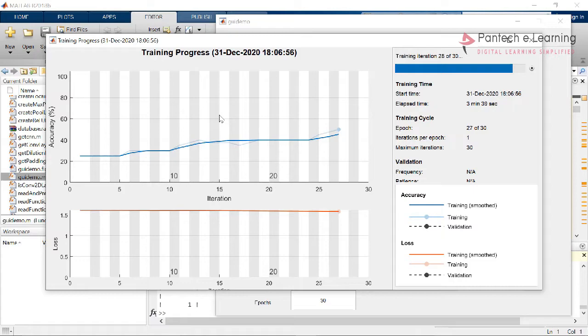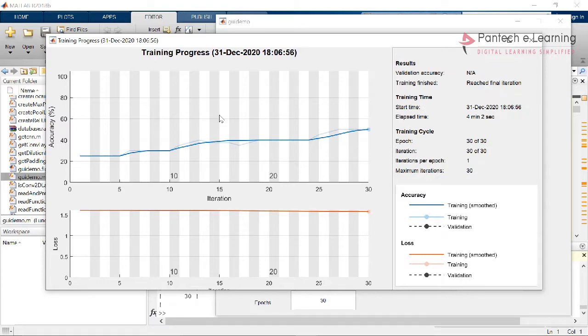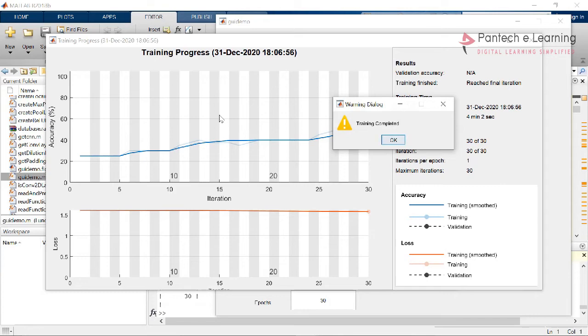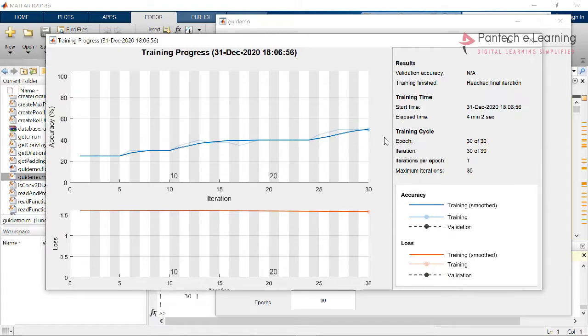Now the training is about to complete. Yes, the training has been completed. Click on the OK button and close this training progress window.